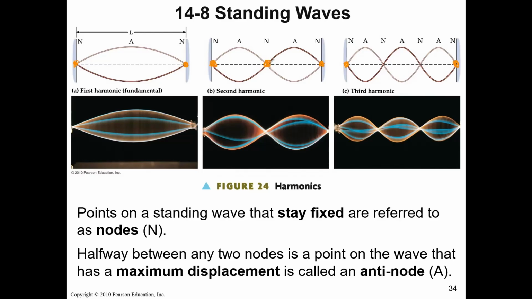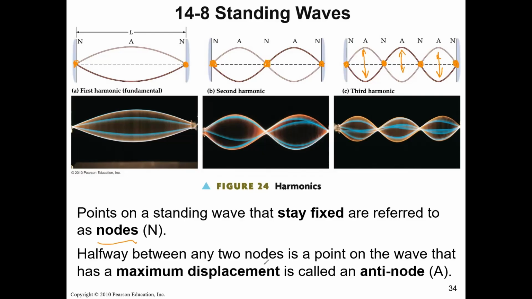Okay, for example, for the second harmonic standing wave, there is a point that stays fixed. This is called a node. And for the third harmonic, this point is a node, and this point is a node. So when the wave is oscillating in time, they are oscillating like this, but all those nodes will stay fixed,